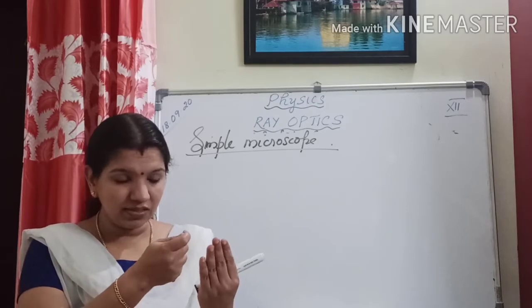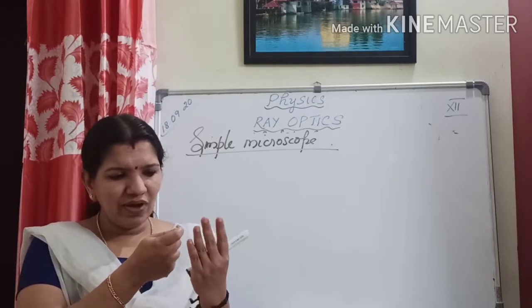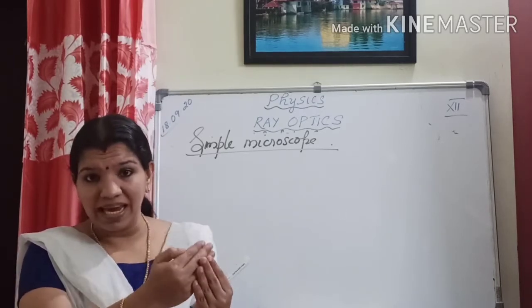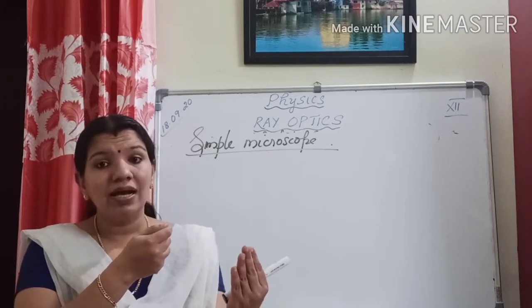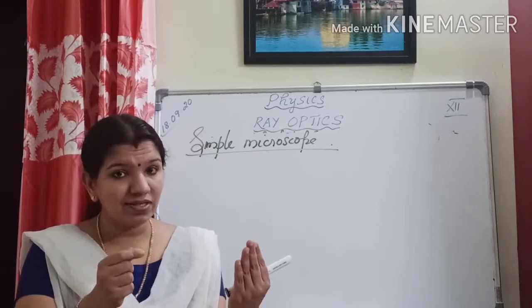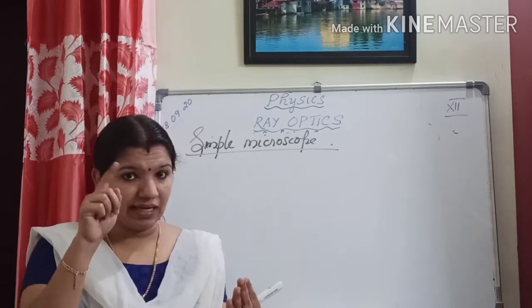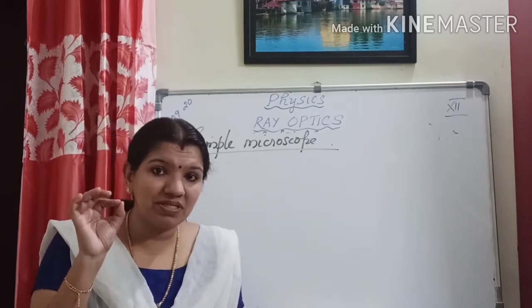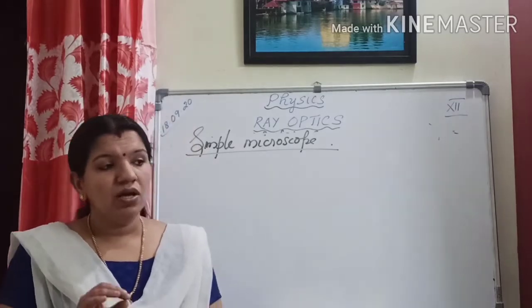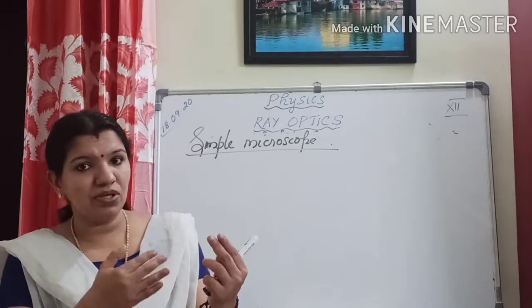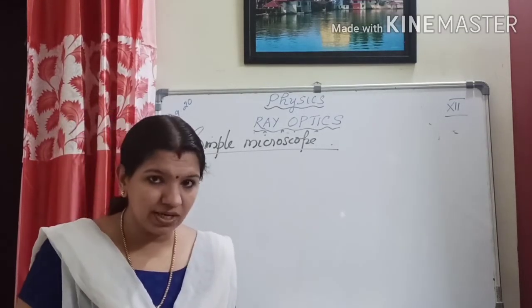You are placing like this, okay. First it will be blurred. And when this particular image is formed at a point, at a distance of 25 centimeter, that is D. Understand? D from the lens. Capital D is used to represent least distance of distinct vision. So at a distance of 25 centimeter, you are getting maximum magnification point.